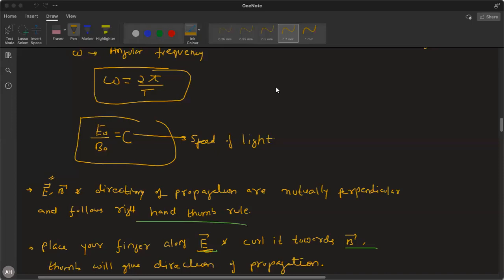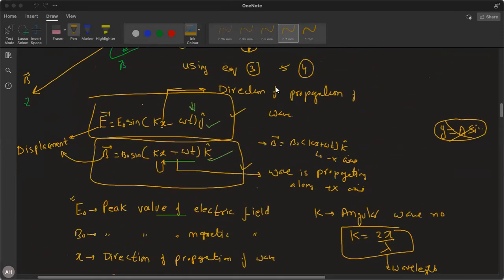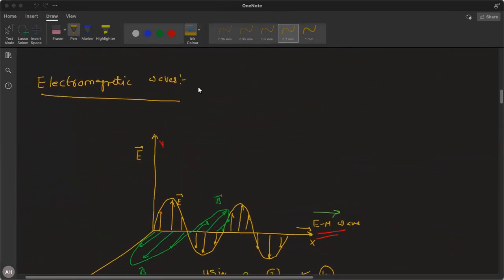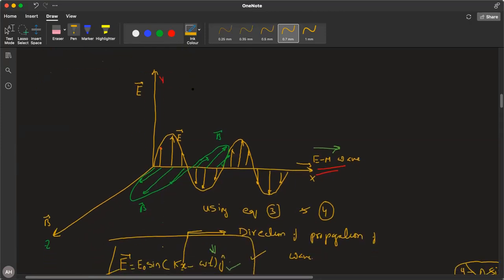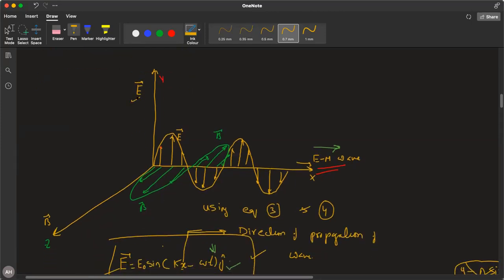Electromagnetic wave. After that introduction, you will be able to understand all new topics. So see, electromagnetic wave is a type of wave which does not require any medium to propagate. This electromagnetic wave consists of electric field. It consists of magnetic field.